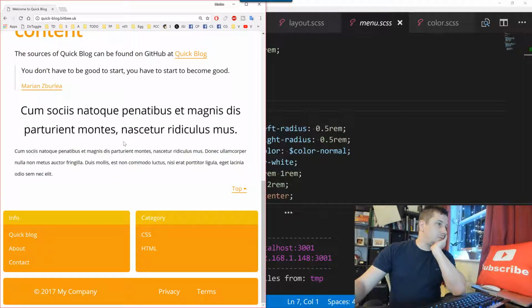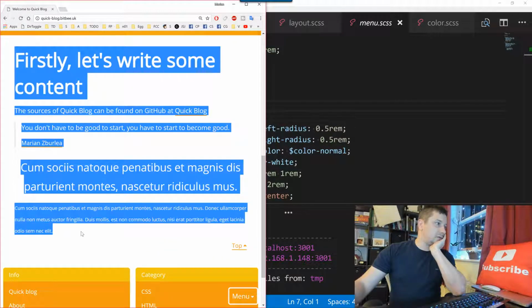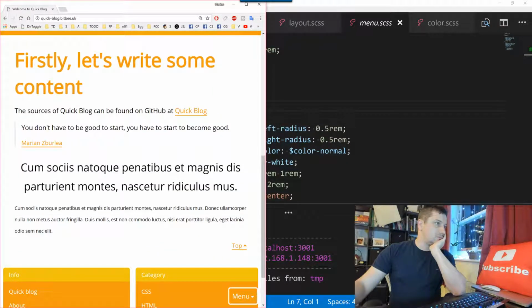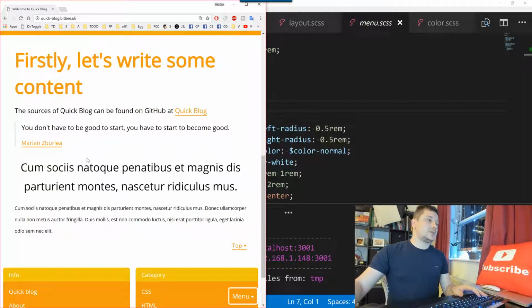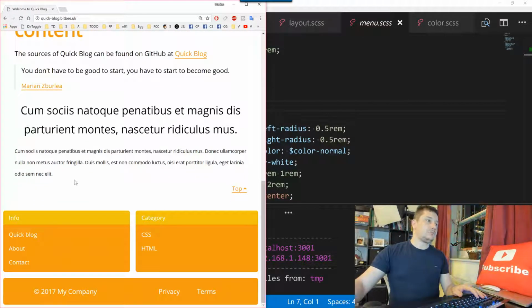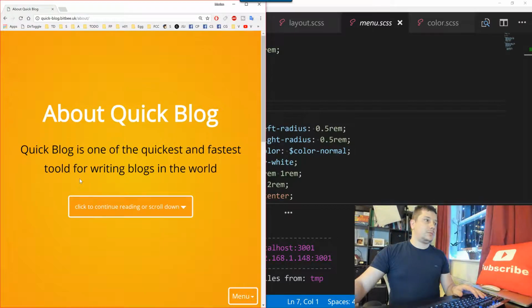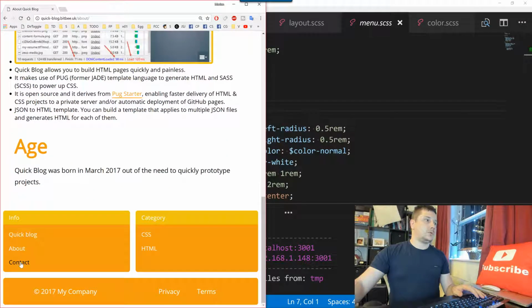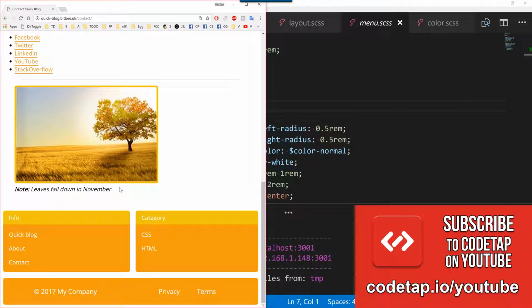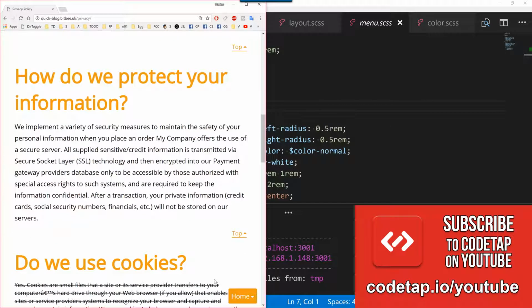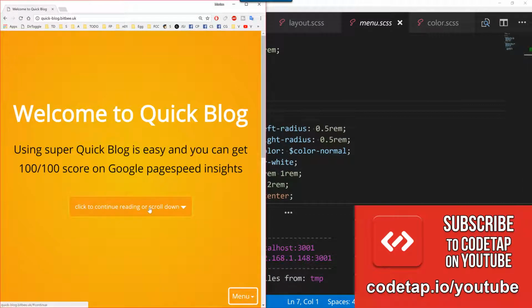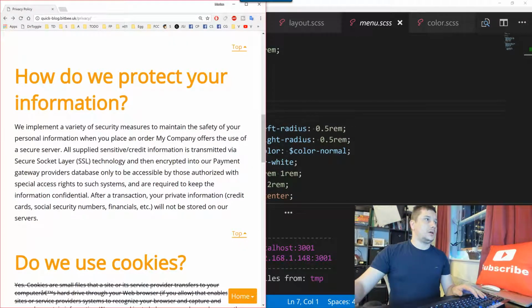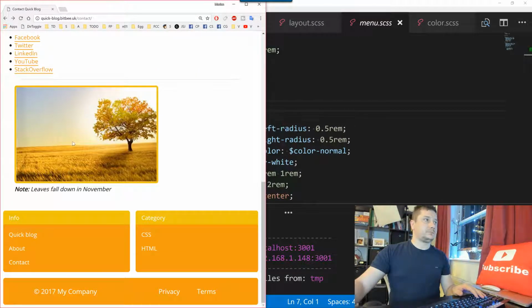So we could do some more content for this page, at least to make sure that we have the same structure as on this one. We could do the about page, we could do the contact, we could also do privacy, and we could also do policy,